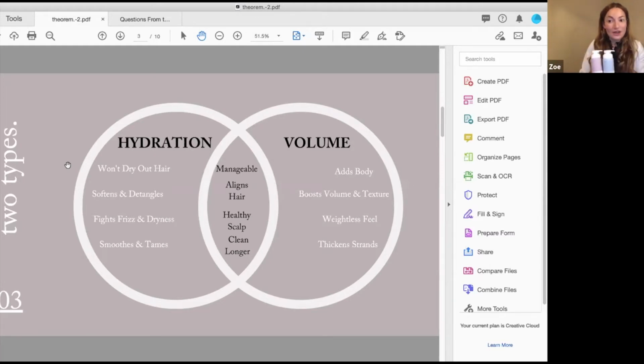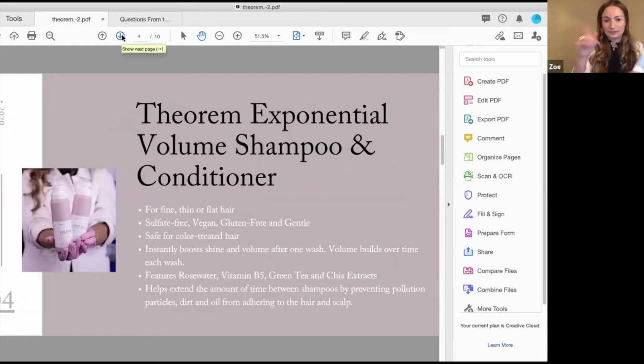And then they also both have an anti-pollution complex, which helps to keep your hair cleaner longer. So you will find that when you use these shampoos and conditioners that you can get a little extra time in between your shampoos, because it helps to prevent dirt and any kind of particles from sticking to your hair and from sticking to your scalp. And I will get more into that in detail, but I'm going to go just quickly through the volume first